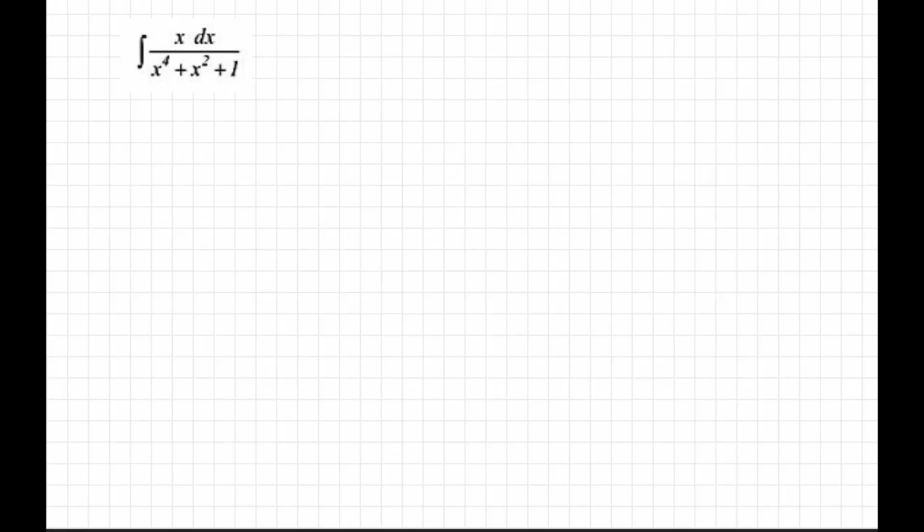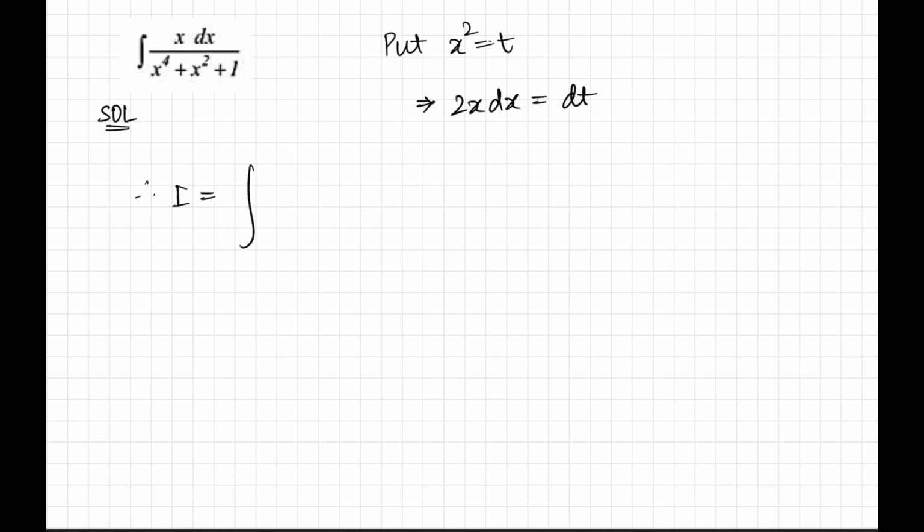In this example, we have to find the integral of x upon x raised to 4 plus x square plus 1. So here we will apply the method of substitution. So first of all, let us put x square is equal to t. This gives us 2x dx is equal to dt, and therefore our integral becomes half dt upon x raised